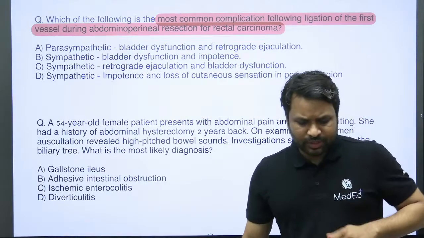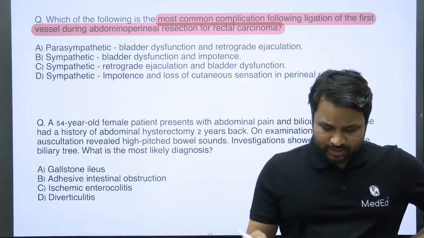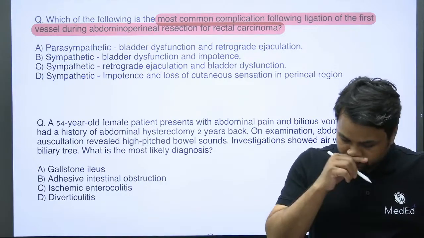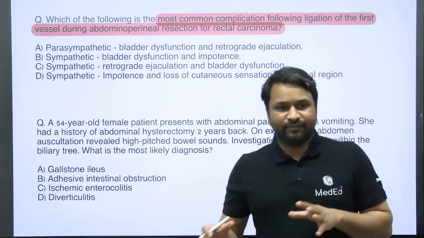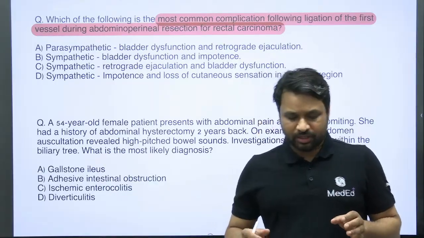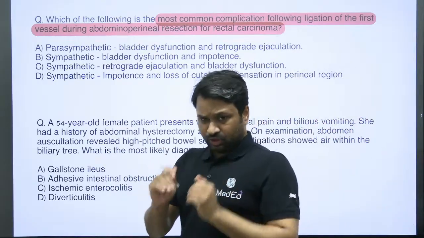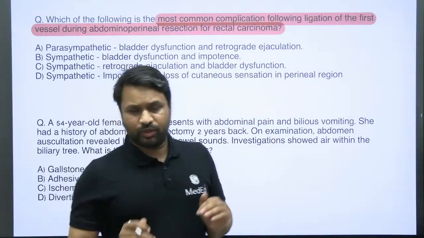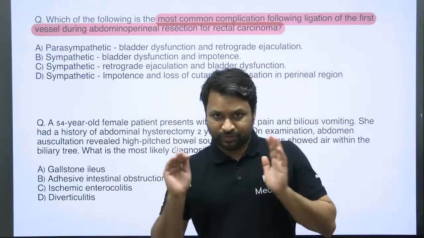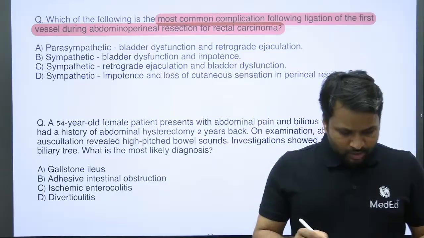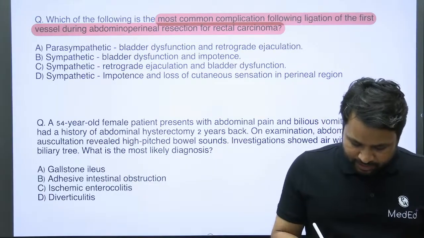Okay. So, which of the following is the most common complication following the ligation of the first vessel during an abdominal perineal resection for rectal cancer? So, usually when you're ligating the first vessel for the abdominal perineal resection, you're going to take the rectal stump out. Now, in order to take the rectal stump out, you're going to ligate the superior rectal artery, which originates from the inferior mesenteric artery. Okay. So, basically, when you're ligating the inferior mesenteric artery,